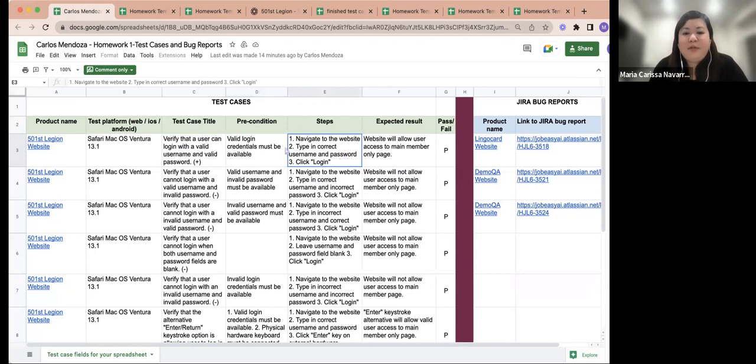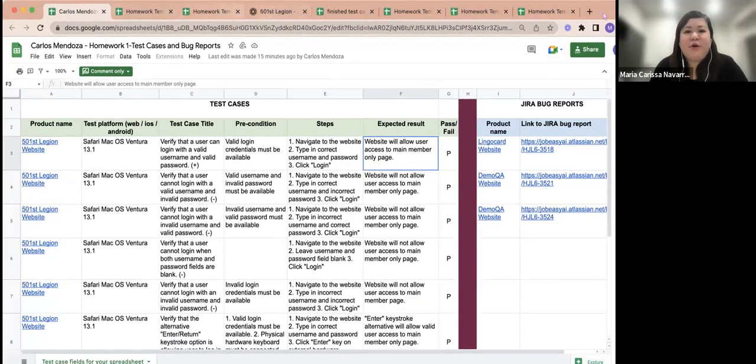Navigate to the website, type in correct username and password, click login. Website will allow user to access to main member only page. Okay, let's check your